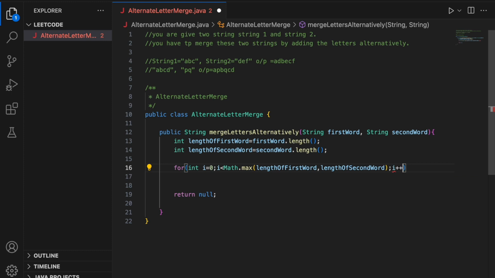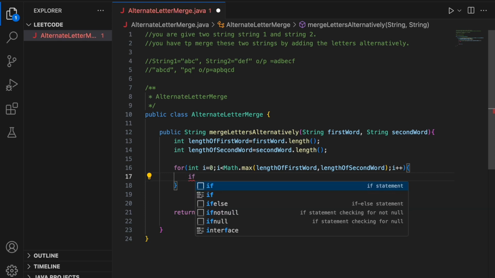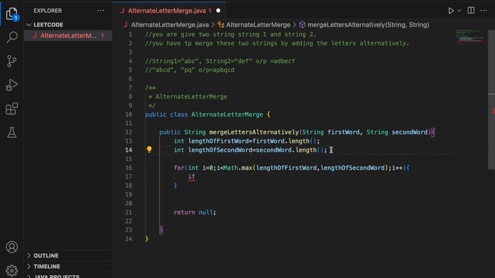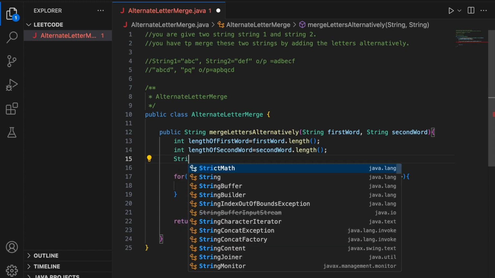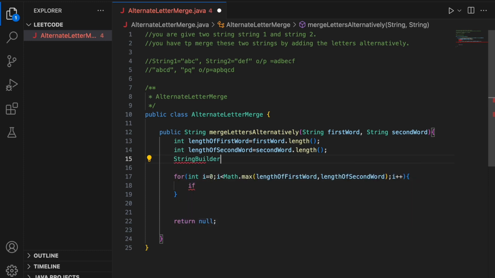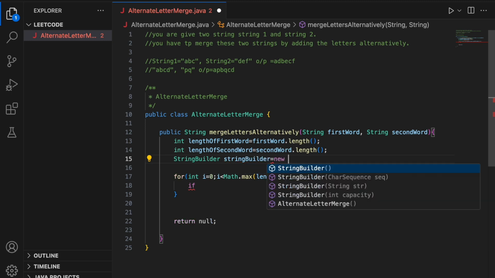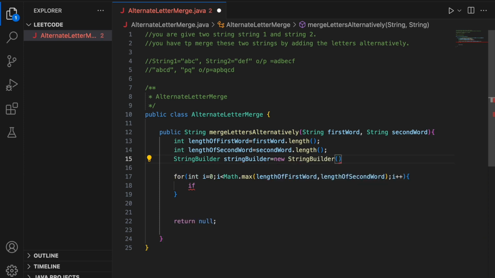I plus plus. Right, now inside this loop we'll put if. Okay, before that we'll make use of a string builder. Okay, string builder, strb, let's name it like this: StringBuilder equal to new StringBuilder. Now, if